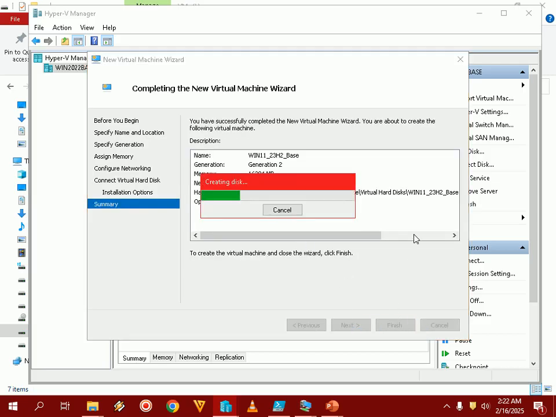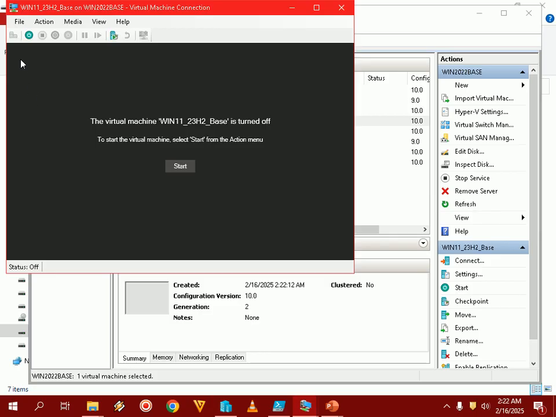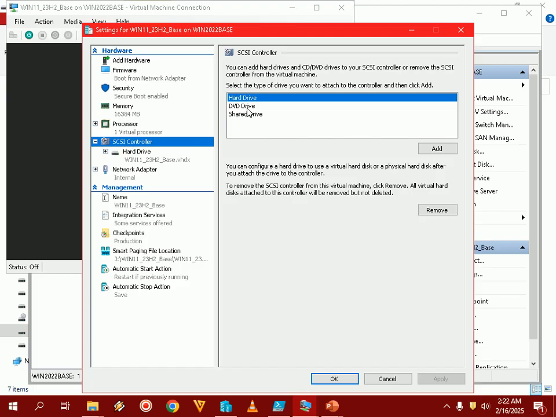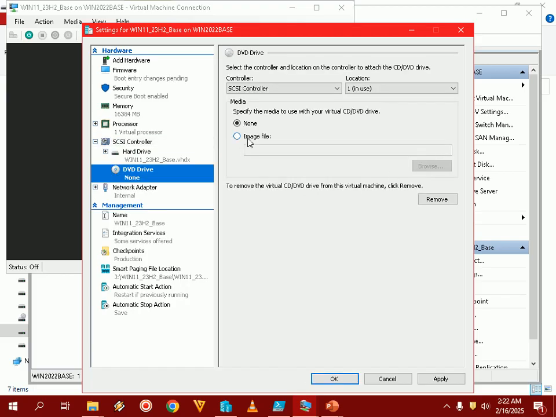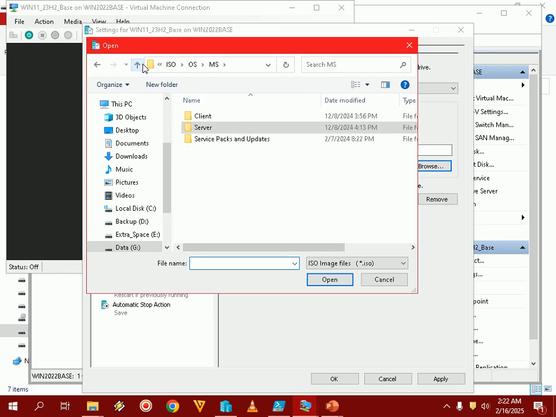Next and finish. Okay, so this is a normal VM I have created. Now I will go to its settings and add one DVD drive over here, add image file, browse, and I will go to my